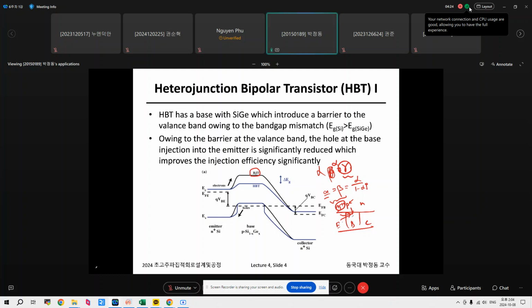The minority carrier in the base is the electron. As we observed before, the amount of this minority carrier is given by Ni squared